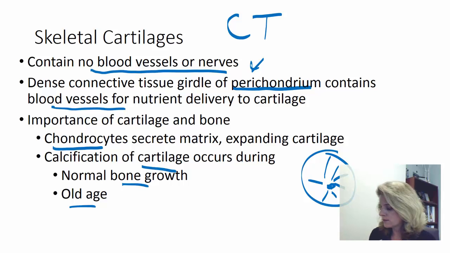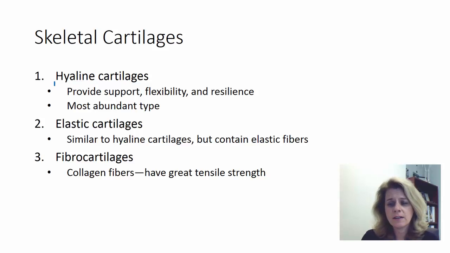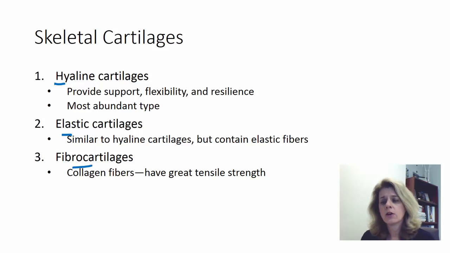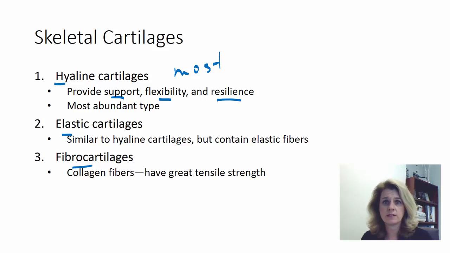and repair process. So again, the three types of cartilage, you should have learned about this in your tissue unit. Again, types of connective tissue. You have your hyaline, your elastic, and your fibrocartilage. Okay, your hyaline cartilage, they're the most abundant. So you have the most of these. All right, they're your support cartilages. They're flexible and they're resilient. We have a lot of these, and so I'm going to show you a picture of where you can find